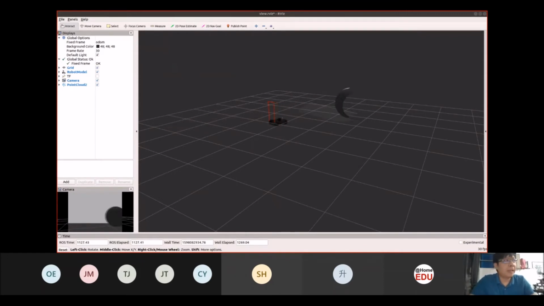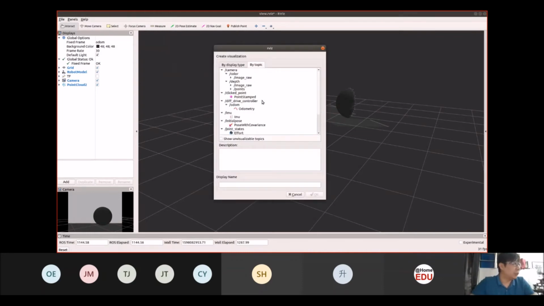I think if you have done the ROS tutorial, there's a turtle simulation. This is almost similar to that, but with a more complete robot with camera and also the laser sensors.